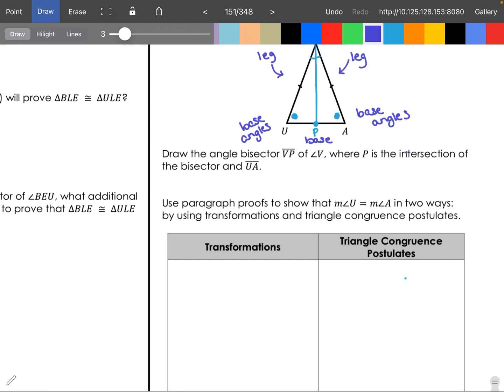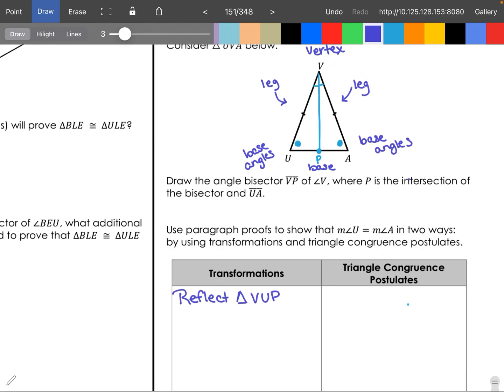Hopefully you see that if I do a reflection across segment VP, angle U is going to map onto angle A. But we have to be a little bit more specific. So we are going to reflect triangle VUP. Notice what I did there. VUP is the left triangle that we just created. That triangle right there is what I'm talking about. So I'm going to reflect that triangle across our segment VP,